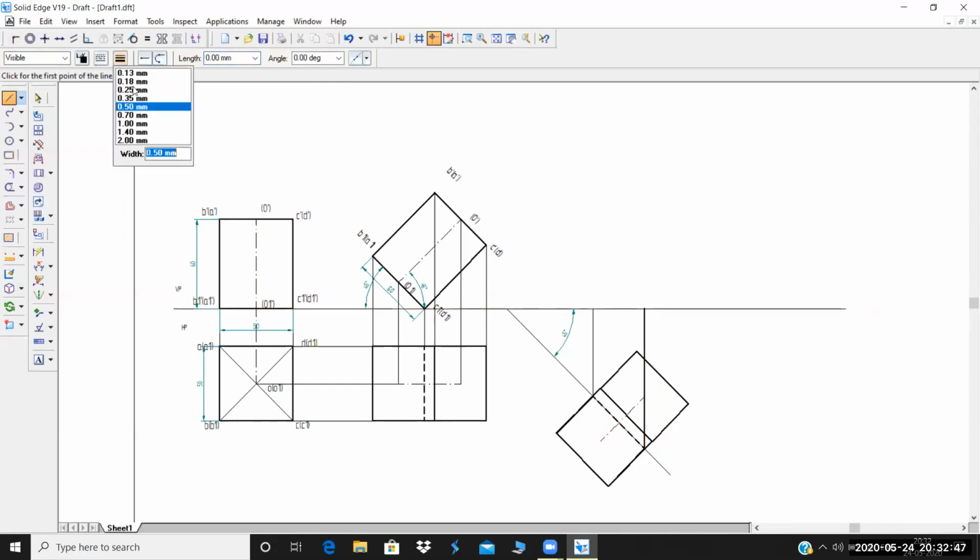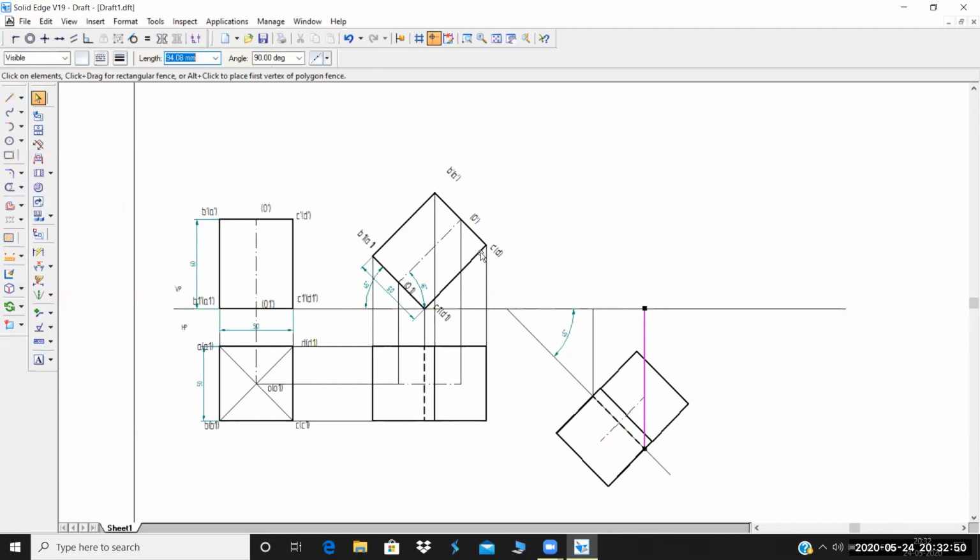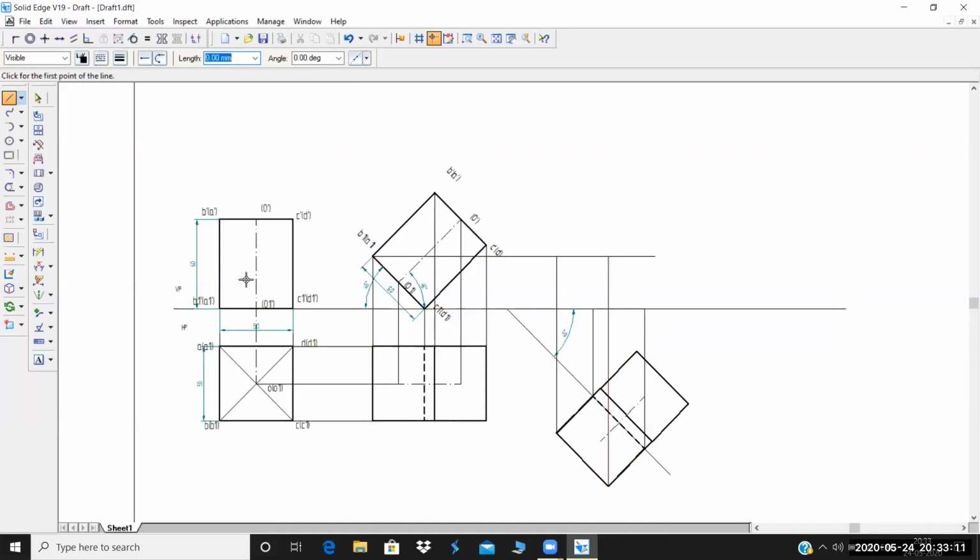Change the thickness of these lines to 0.13. C1 and D1 you got both here. B1 and A1 are somewhere here on this line. So project this. If this is D1, then this is A1, and this is B1 here. Excess amount of line, if it is there, you just remove this. So you got 1, 2, 3, and 4 points here.